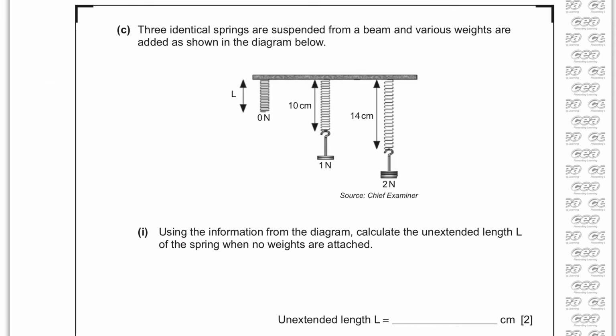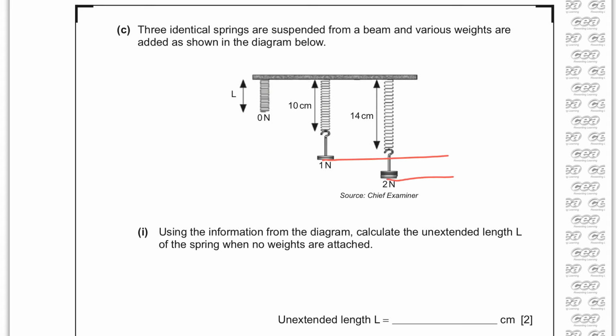Part C is Hooke's law. Question: 3 identical springs are suspended from a beam and various weights are added as shown in the diagram below. Using the information from the diagram, calculate the unextended length L of the spring when no weights are attached. So what you want to notice here is that